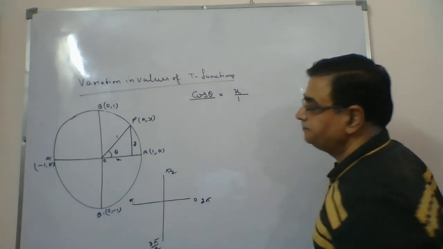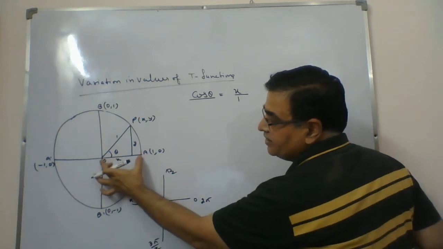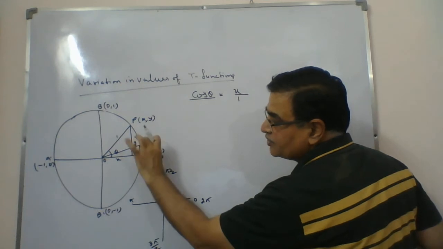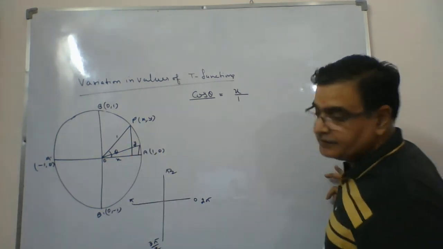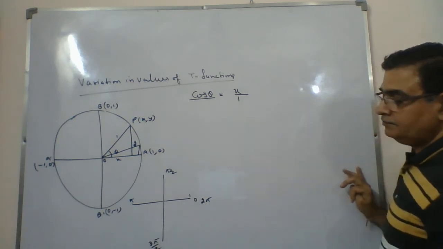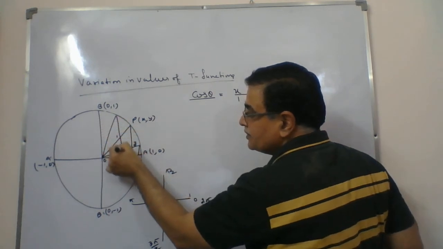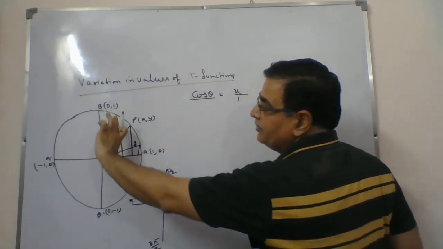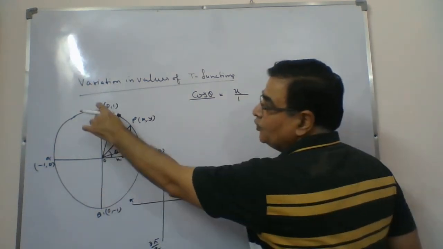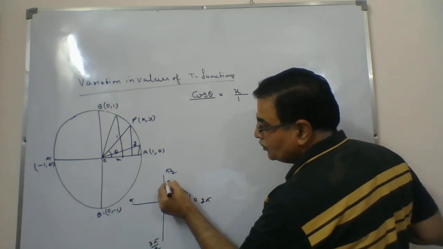So when you go for the first quadrant, just check here: 0, pi by 2, pi, 3 pi by 2, and this is 2 pi. When the angle is 0, at that stage x is clearly equal to 1, because when you take the angle less, the y is reduced and x is going to increase. At this case x is 1. When you take higher values, the angle increases, this part is increased and this part is shortened. When you reach here, x comes out to be 0. So here it will be 1 to 0.